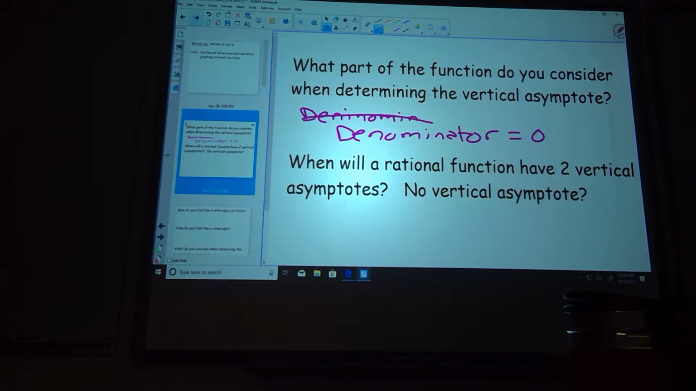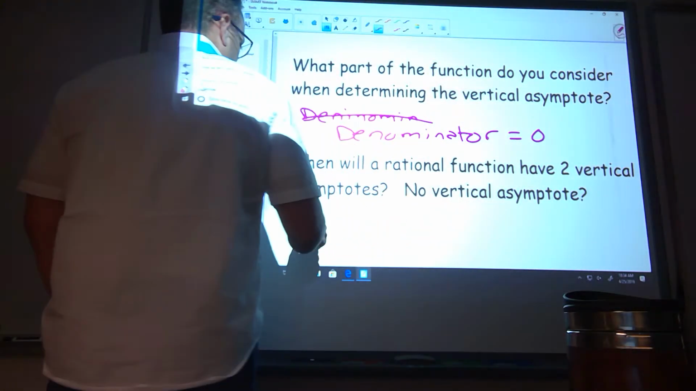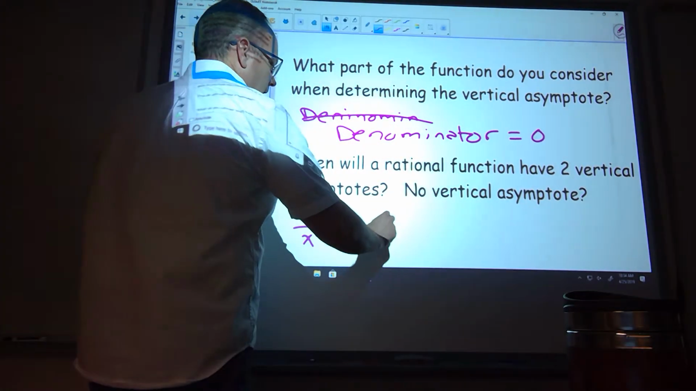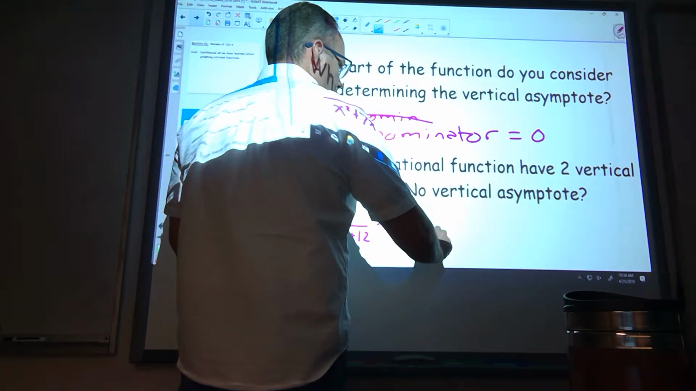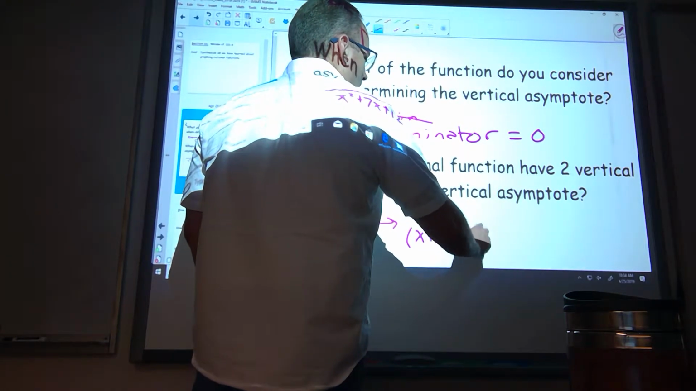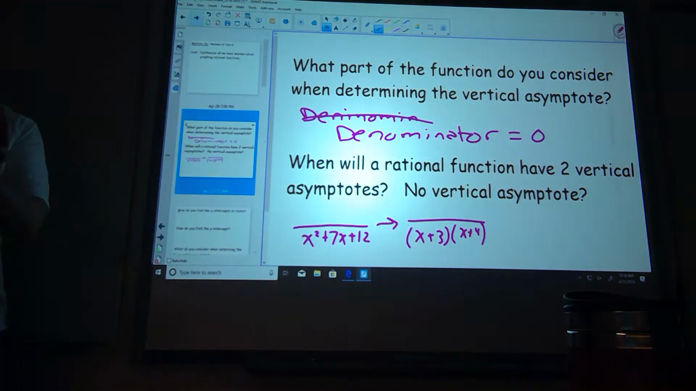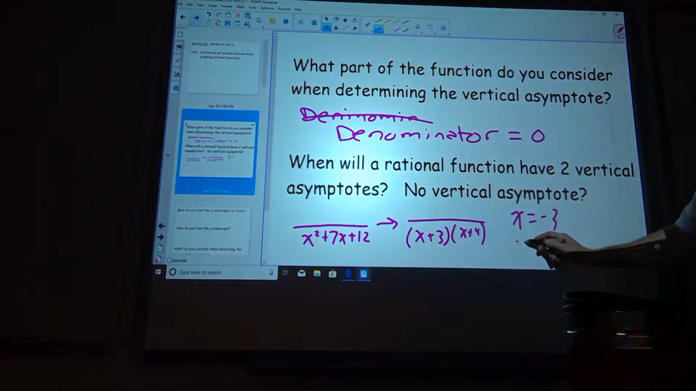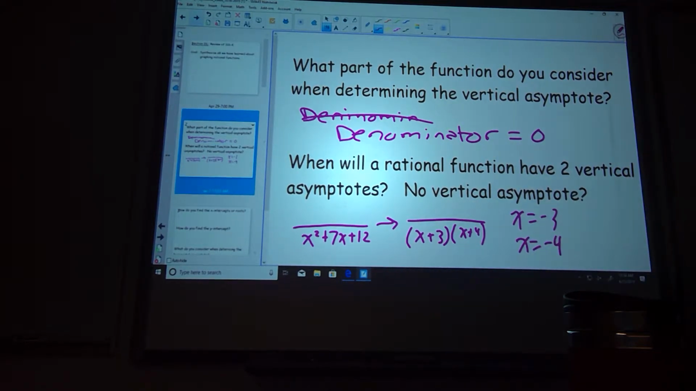When will a rational function have 2 vertical asymptotes? Yeah. So if you had say some denominator that was x squared plus 7x plus 12, and then that factors down to x plus 3, x plus 4, and that does not cancel with anything in the numerator, this is going to give you vertical asymptotes at x equals negative 3 and x equals negative 4. That's when you're going to have 2. Okay? If no vertical asymptote takes place, if you had something like this,